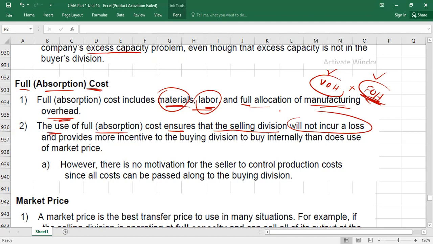But there is one negative point also. Because we know, look now from this point of view. I'm the seller. I know whatever cost I incur, I take it from the buyer because it is full cost. So maybe I may not be conscious in my cost management. Right or wrong? This is the drawback. I'll say whatever cost we are incurring, we will recover from the buyer. So I may lose control over the cost. Right or wrong? Due to this psychological effect,